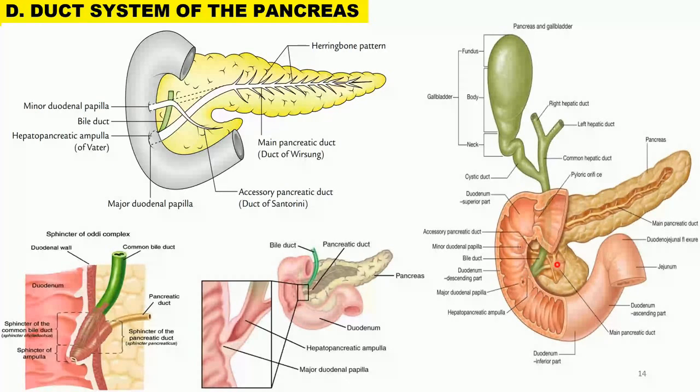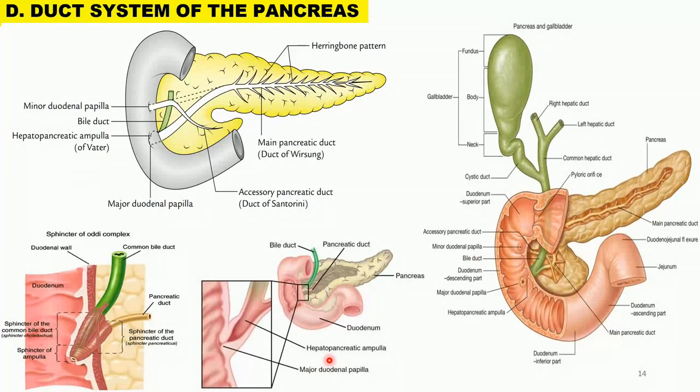So that is the opening of the accessory pancreatic duct. That opening is called the minor duodenal papilla. That's why the accessory pancreatic duct is going to pierce, so that secretions can enter into the duodenum. Your main pancreatic duct, you can see it's going to join with the common bile duct, and once these two